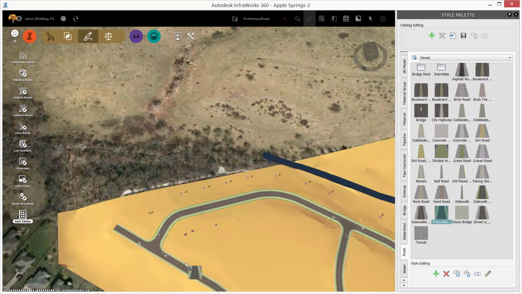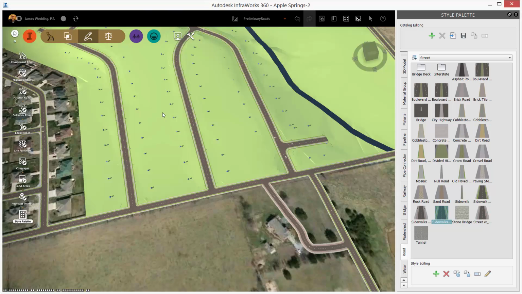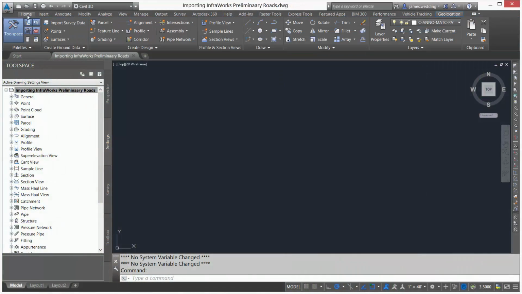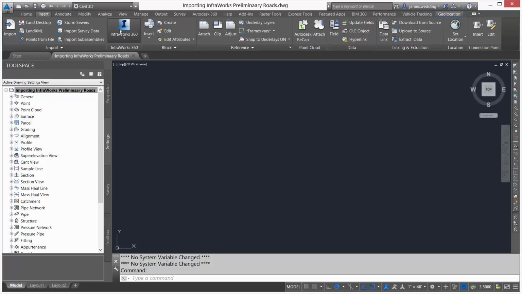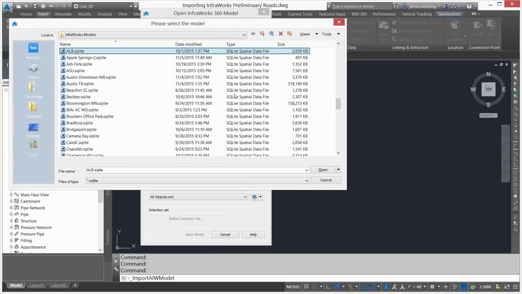Let's skip over the rest of my tweaks and open this model up in Civil 3D to work on the more precise lot layout. To open this model in Civil 3D, I set a coordinate system and use the Insert InfraWorks 360 Model tool. This lets me select an area of interest,